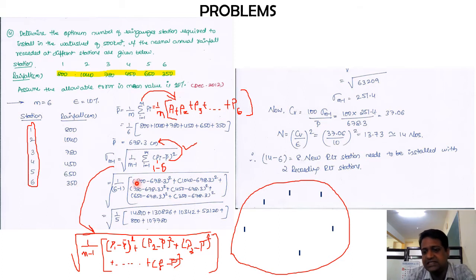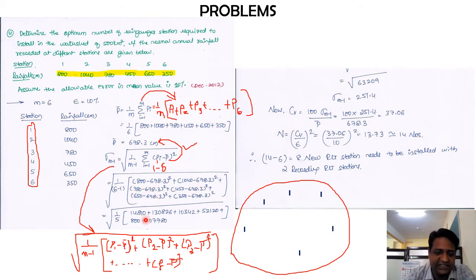Keeping all these things in your mind, I am requesting you to calculate these particular values step by step. One particular bracket or one section of this summation, please calculate it separately, so that the chances of getting wrong answers will be less, because it will have a cascading effect. If you don't get the sigma m minus 1 correct value, then your CV value will be wrong, and in turn the optimum number of rain gauge stations will be wrong.